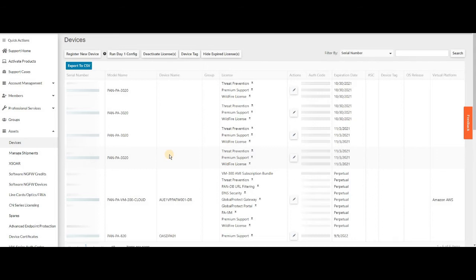Just make sure you have enough permission to log into the Palo Alto support portal. Once you log into the support portal, you will have the device listed already there. Meaning, if the device is pretty new and you never integrated it with the Palo Alto registration, then the device won't be available there. In that case, you would need to click on register new device, and then go through by entering the device serial number and the authorization code that you will receive from the sales support team.